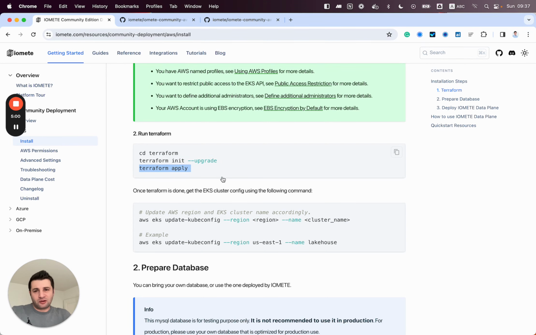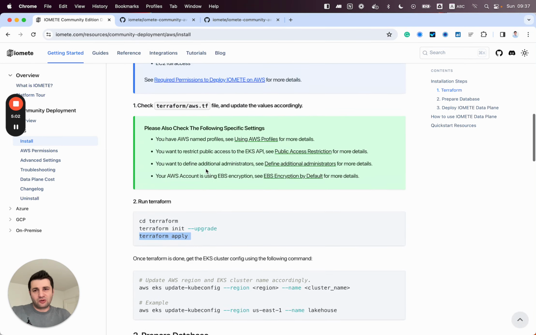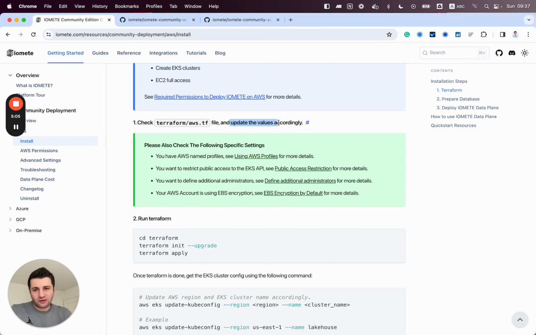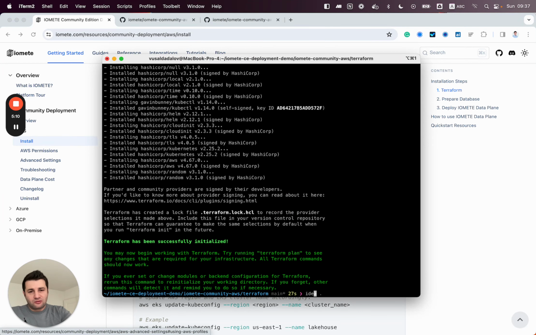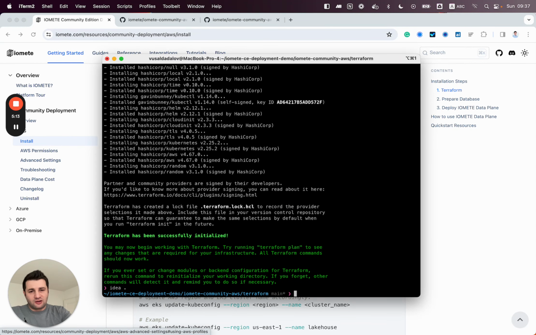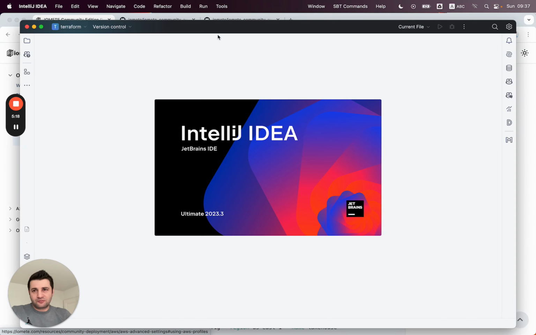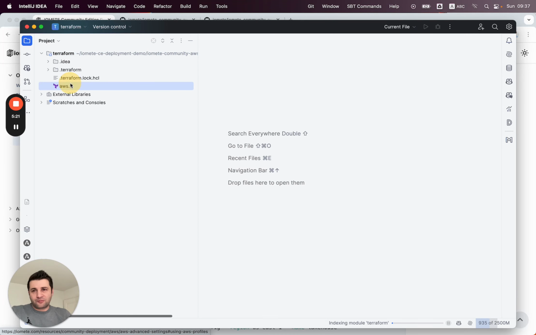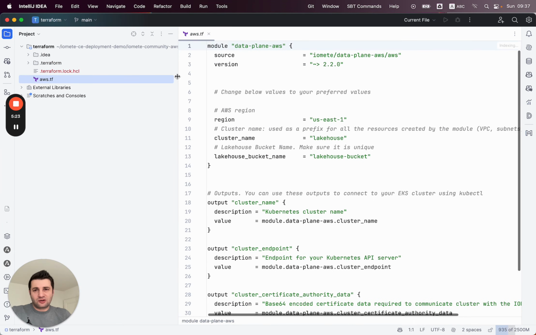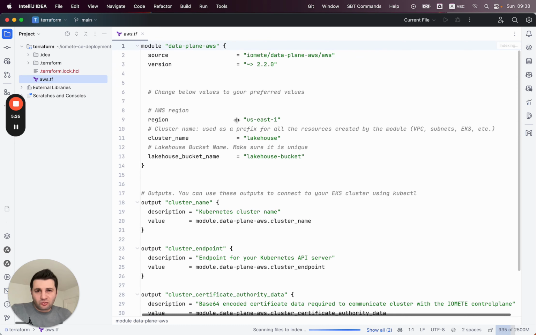Before we apply, we need to update the values accordingly. It should be very simple. I use IntelliJ IDEA as my default editor. Yeah, we need to just check these values, and specifically we should update the region, which is the AWS region that you wanna deploy to.